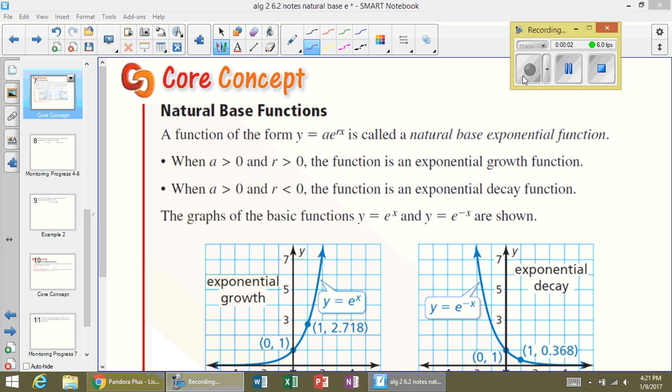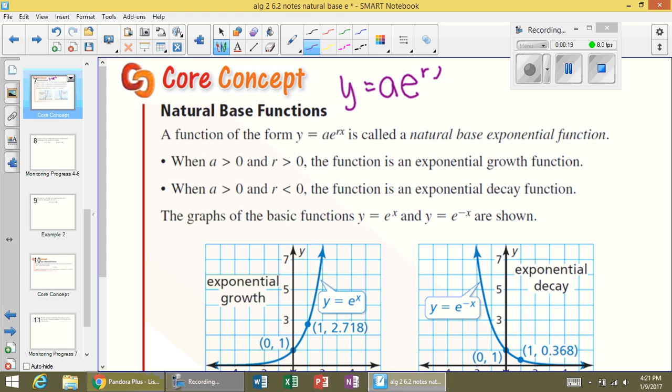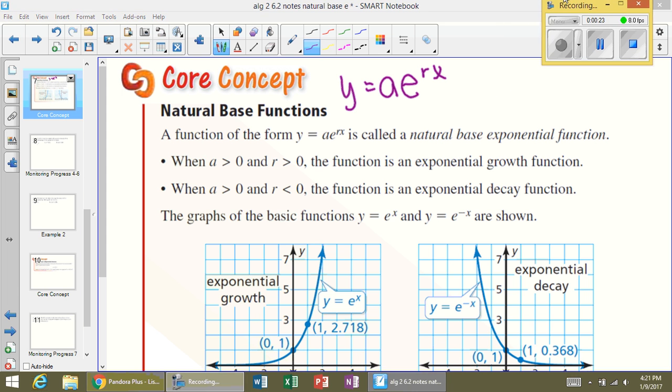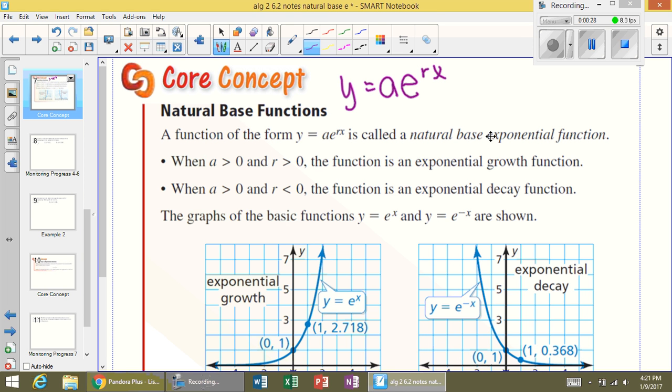Okay, this is the part 2 video of the natural number, or natural base, e. So let's look at the core concept of this, the natural base functions. A function in the form of y equals a times e, so there's your base, to the rx power. Now the base is going to be the exponential function e here, so it'll be the